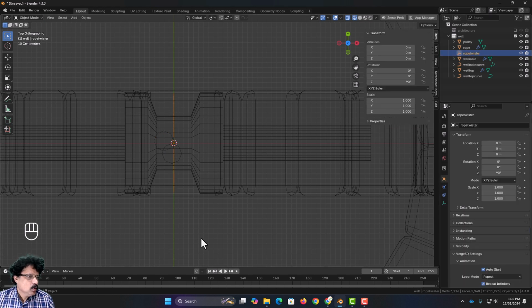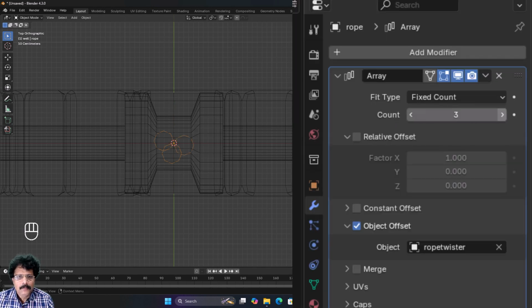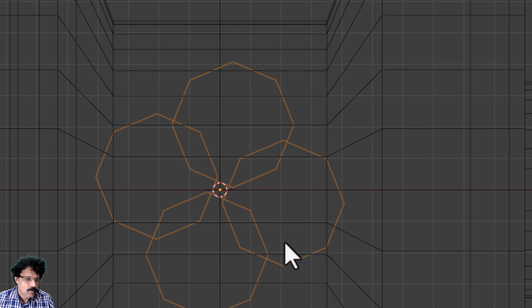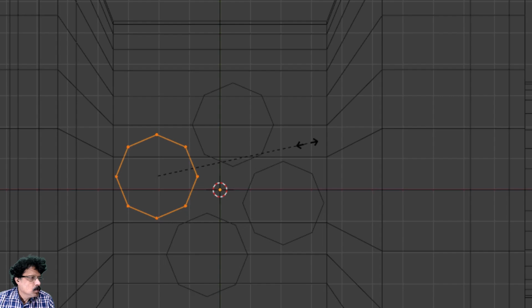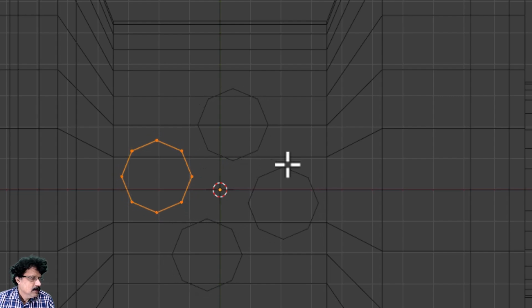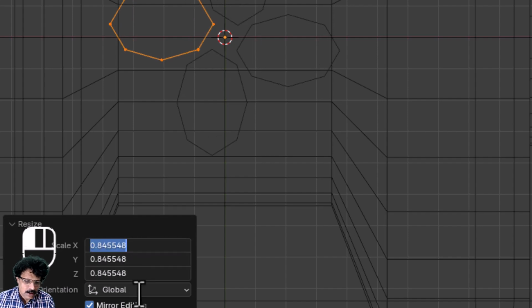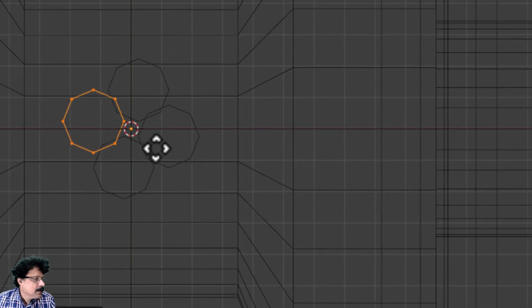Now I will select the rope twister, and if I select it, you can see the angle of rotation is 90 degrees. Now I will select the rope, and only thing is, in the count, instead of 2 I will make this 4. So now I am seeing 4 rings running over here like this. So I will press Tab, and if required I will scale it down a little more here and make it smaller. So I will scale it down further by around half the value. So I will select all the 3 and scale it down to 0.5. Then I will press G and move it and bring it closer like this, so that it is in a